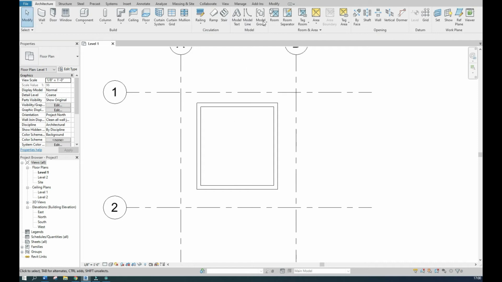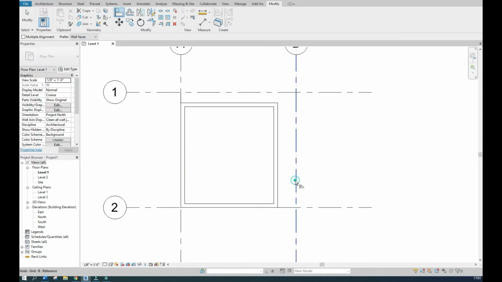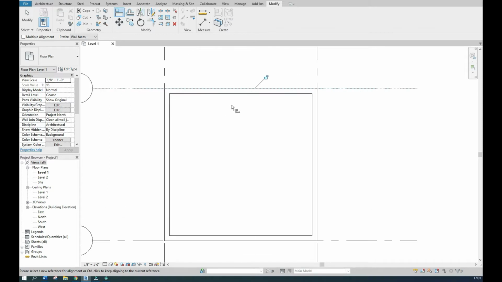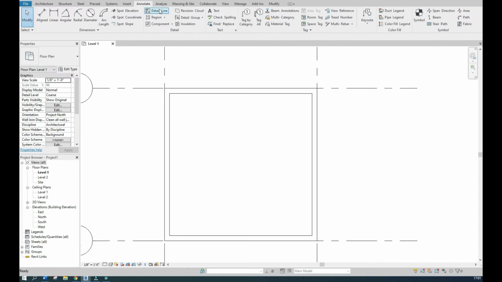In order to use this tool, go to Modify and select the Align tool, or you can type AL. Let's take a look at some examples. Align wall to grid. Align lines.